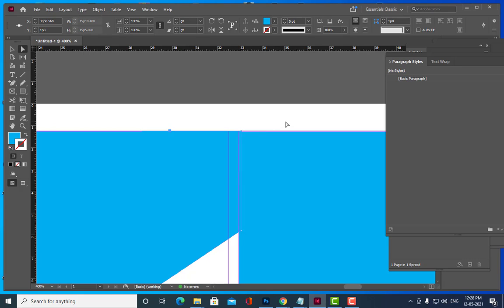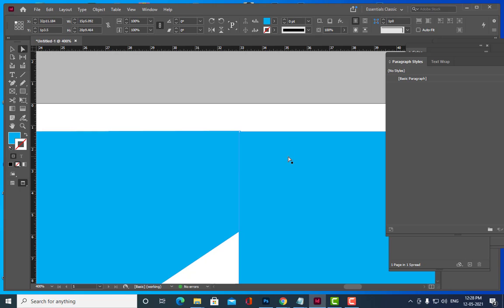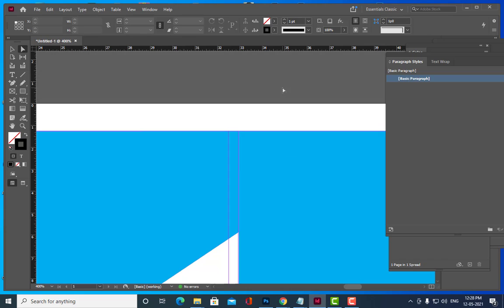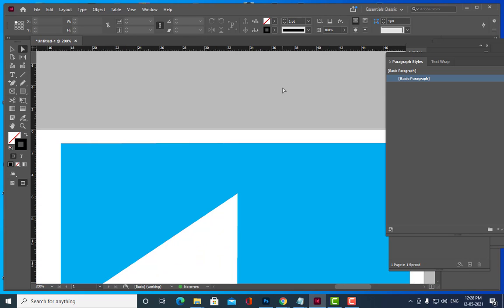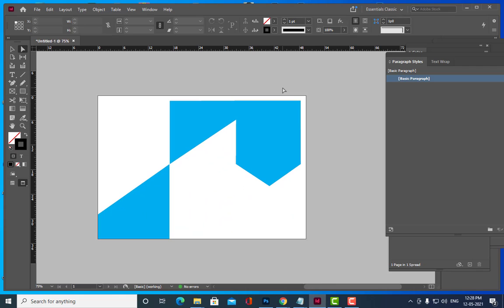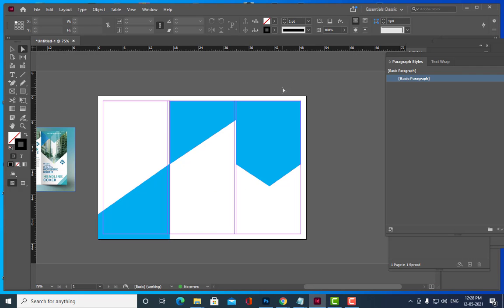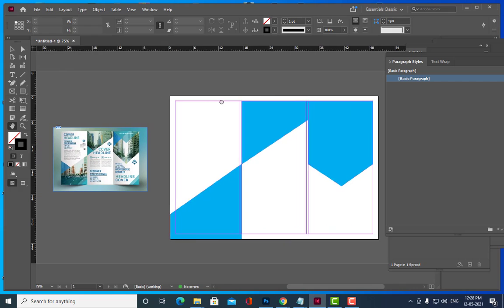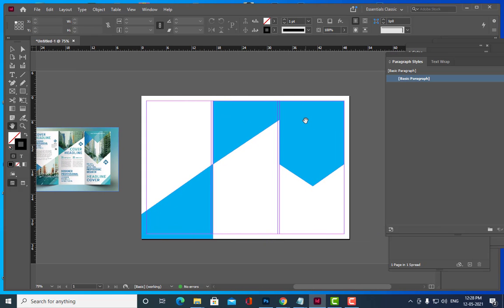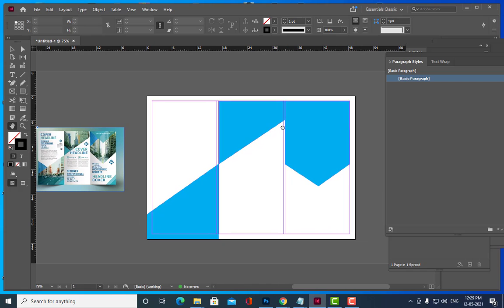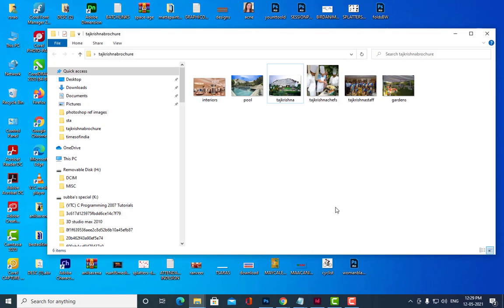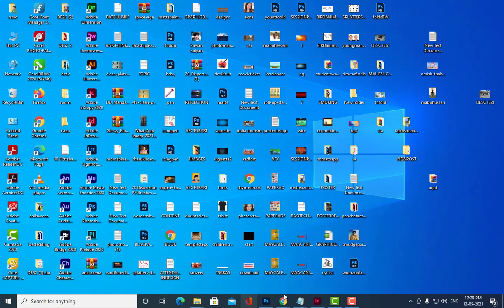Right, so once we are done with this, what is the next step? So now we'll start putting the images. We are going to put images because it is related to the hotel, right? So we can start putting the images. Let us first check what our first image is. Okay, we can put our first image, this one, interiors. So simply